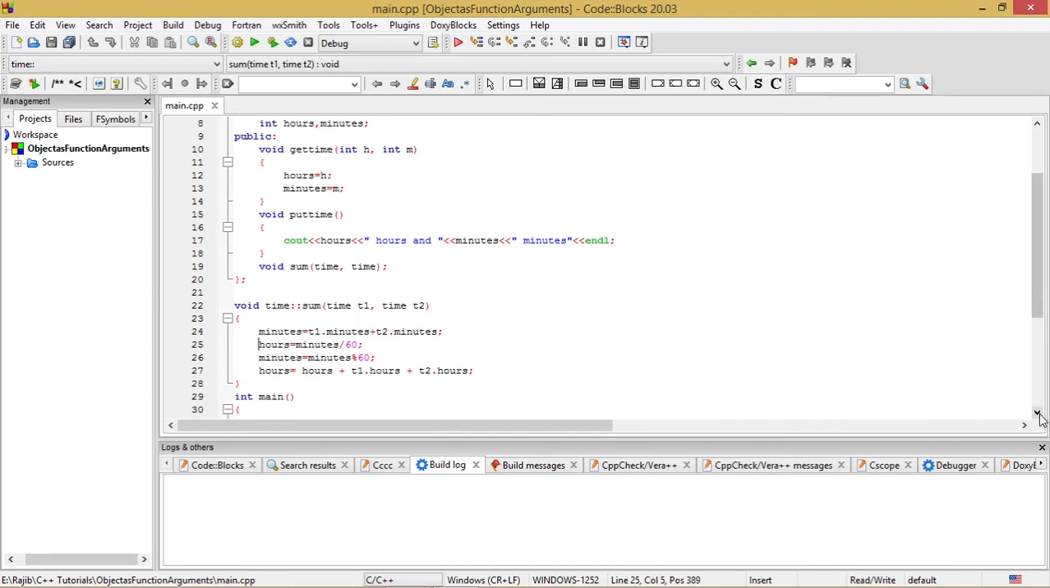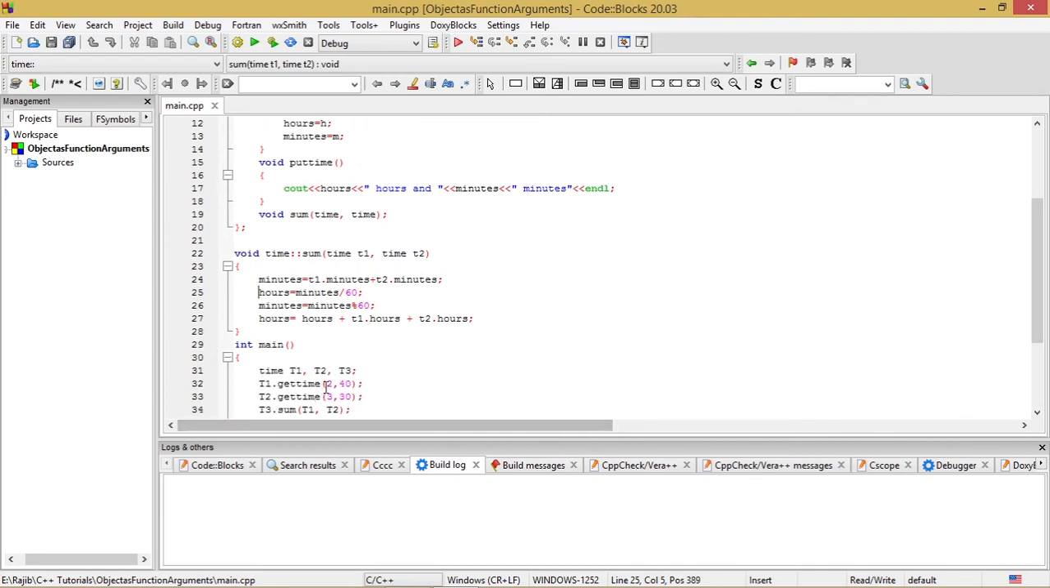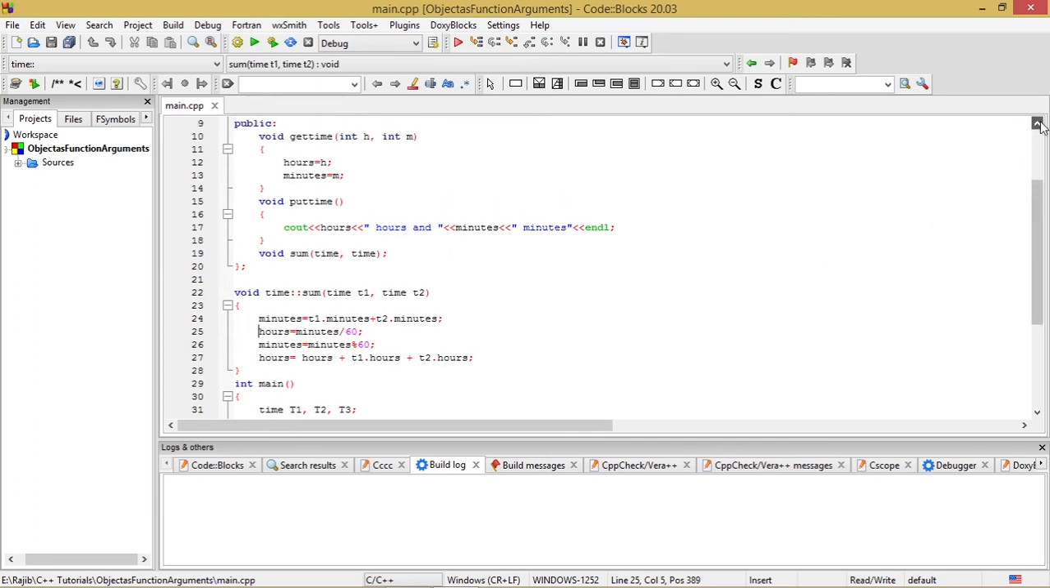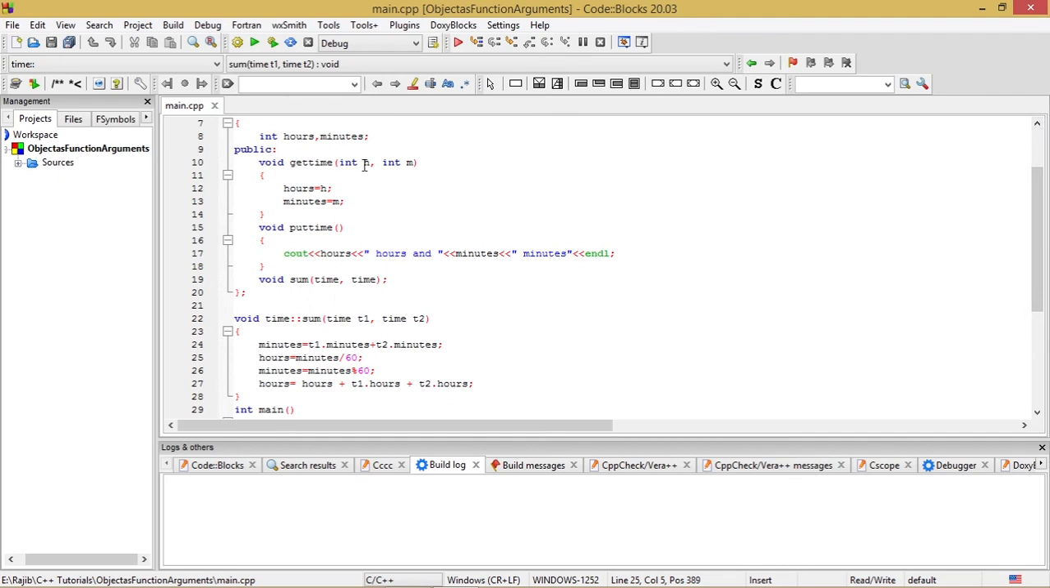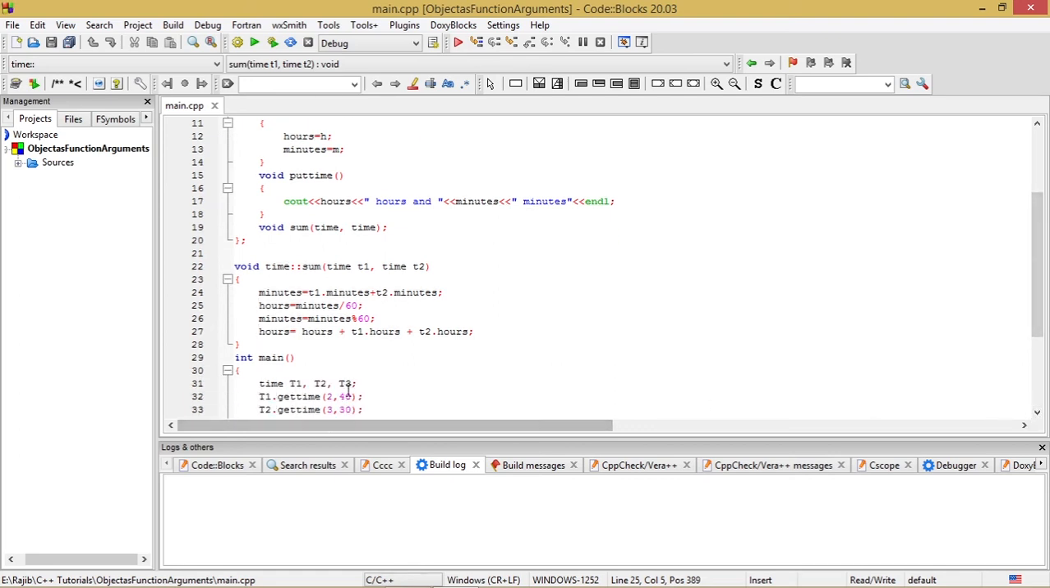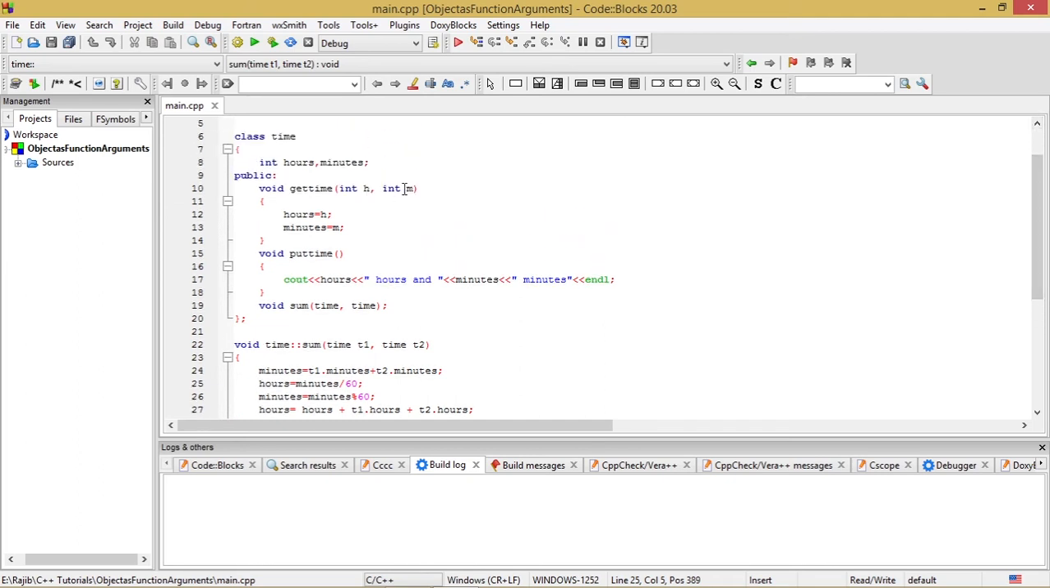I have called, suppose, T1.getTime with 2 and 40. So what are the actual arguments? 2 and 40 are the actual arguments for the getTime function, and 2 will be copied to the formal argument h, and this minute data, that is 40, will be copied to the formal argument m, and this h will be assigned to the data member hours and m will be assigned to the data member